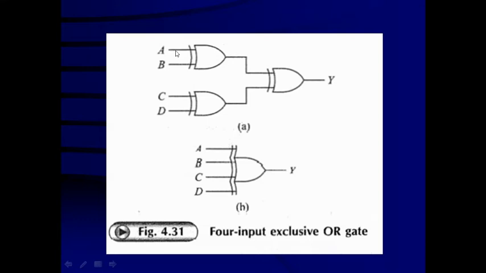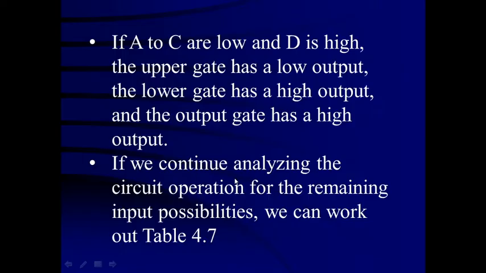Second condition, A is equal to 0, B is equal to 0, C is equal to 1 and D is equal to 0. Again, you will get the final output is going to be high. And this is the symbol for 4 input exclusive OR gate. In input side, this is extended to accommodate more number of inputs. So that way the symbol of exclusive OR gate is going to be written like this way.